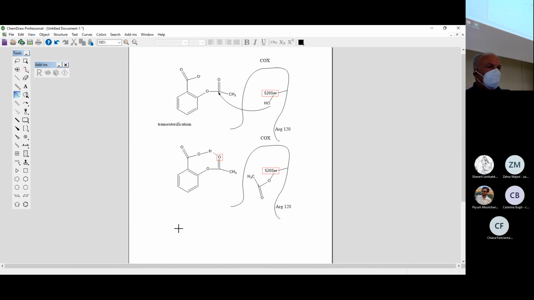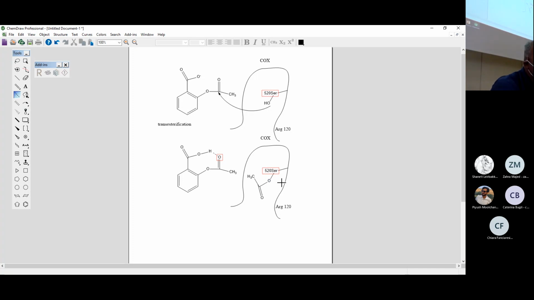This means that we have an intramolecular catalysis, acidic intramolecular catalysis. For this reason, this type of reaction is possible inside the cyclooxygenase, and the result is to have an